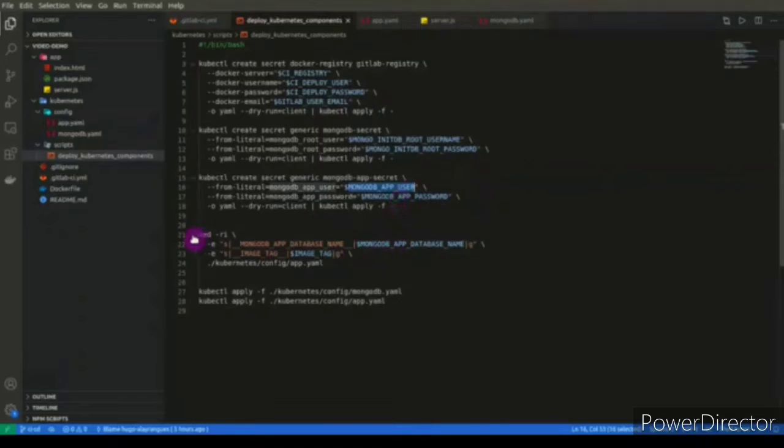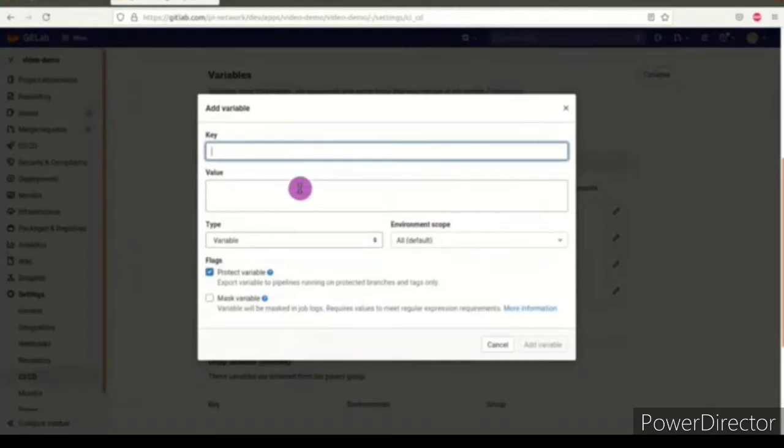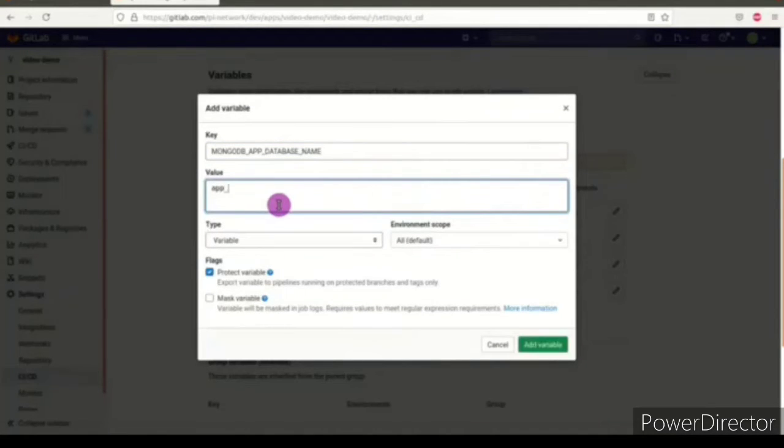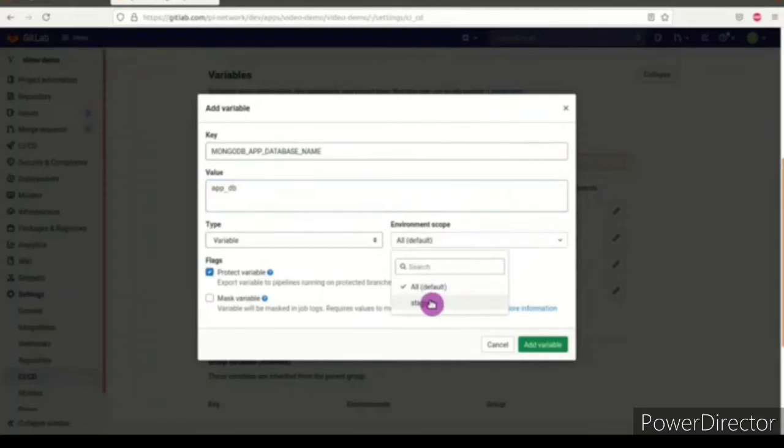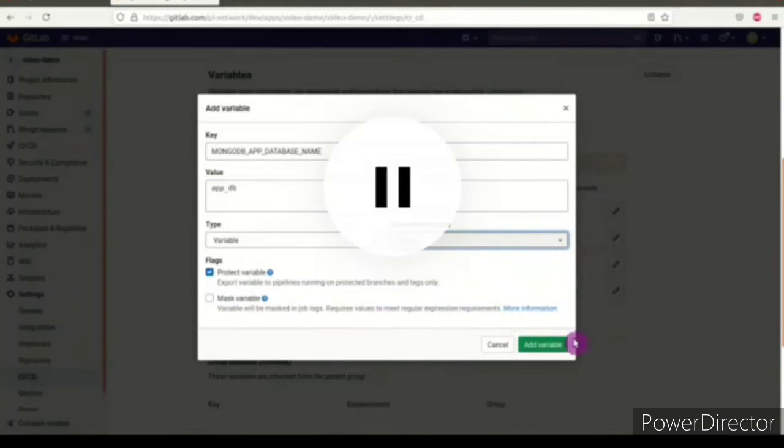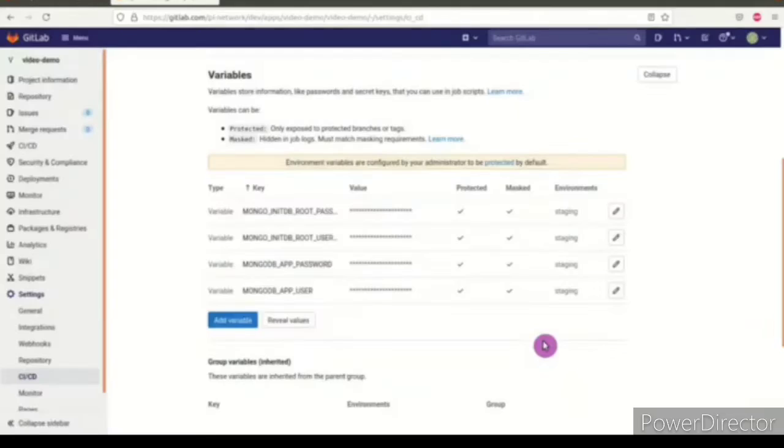The next command of the script is this sed command, and what it does is that it takes this variable and it replaces this string contained in this file by the value of this variable. The same for this variable that replaces this string in this file. So for the first one, Mongo app database name, this value comes from, again, the GitLab UI, so we can create it here. App db, let's see, environment scope staging, again, we do not need to mask the variable as this is not a secret variable, so we add the variable,